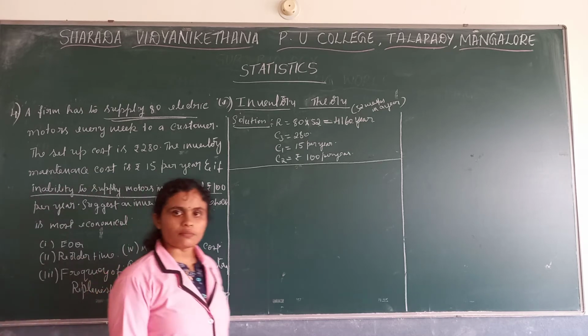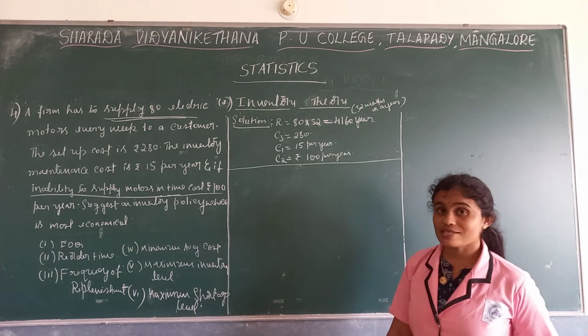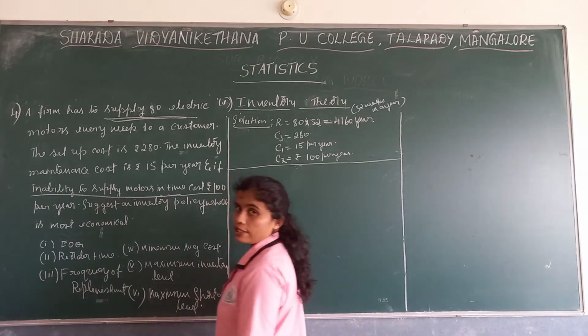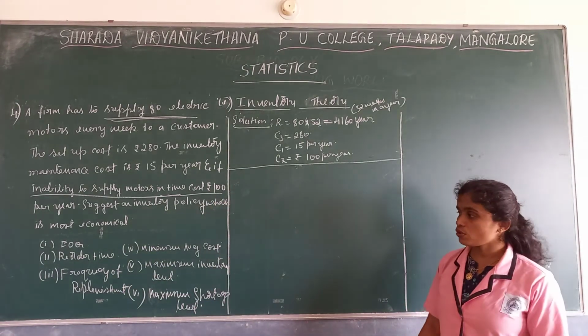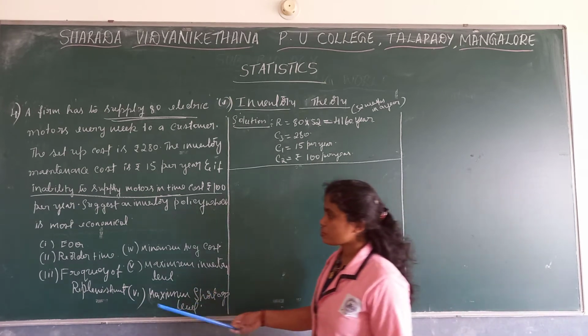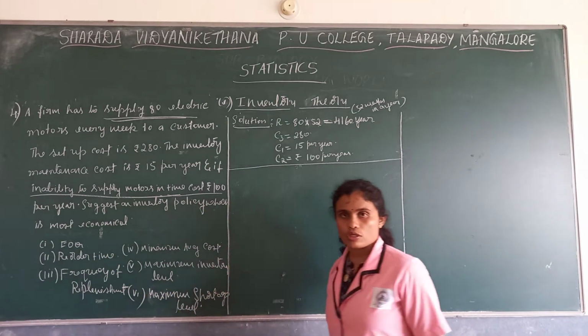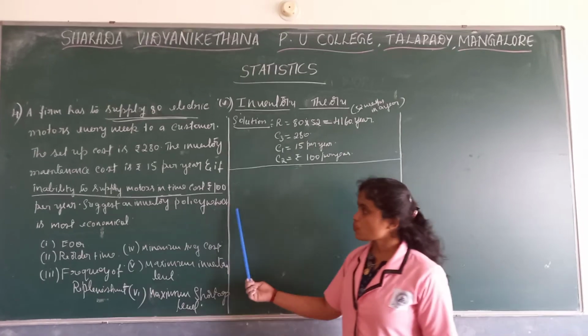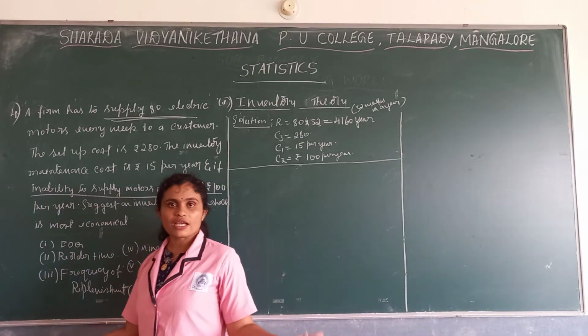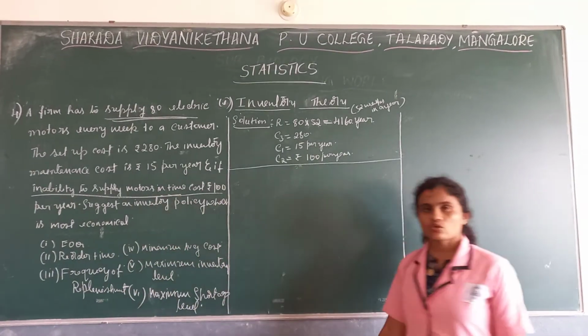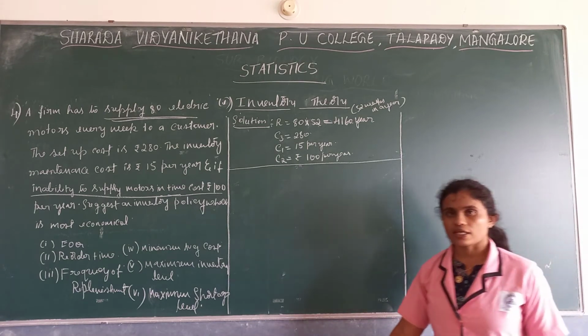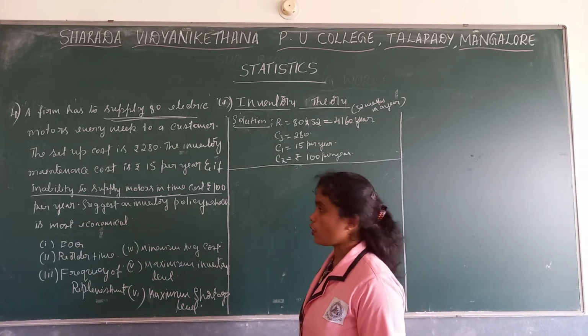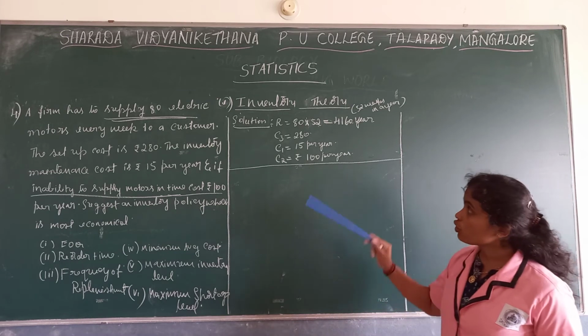Sometimes if they give C2 also, it is not necessary that we need to calculate everything in case of model 2, because so many things are there. Sometimes they mention reorder time and minimum average cost that we need to calculate. But in this problem, since it's a first problem, they have not given anything. So we need to calculate everything. It is better that we calculate everything in one problem. Now we need to solve. I hope it is clear.